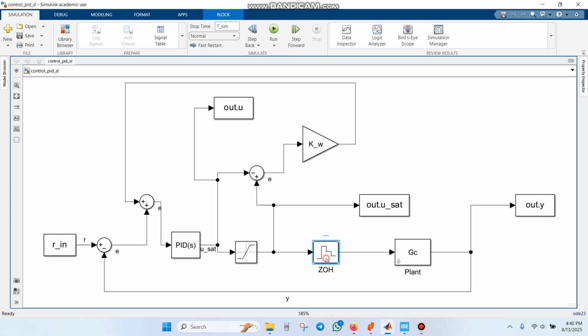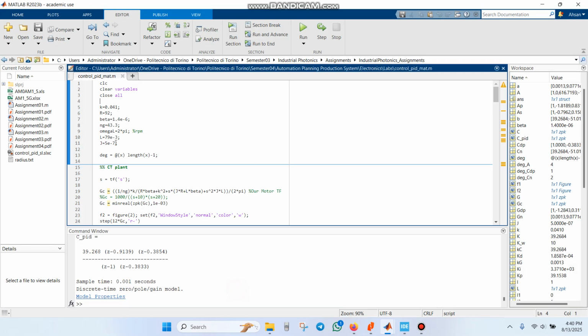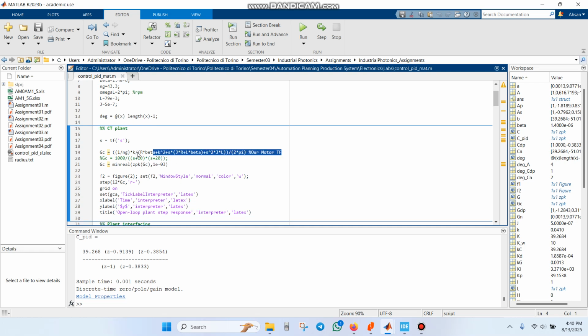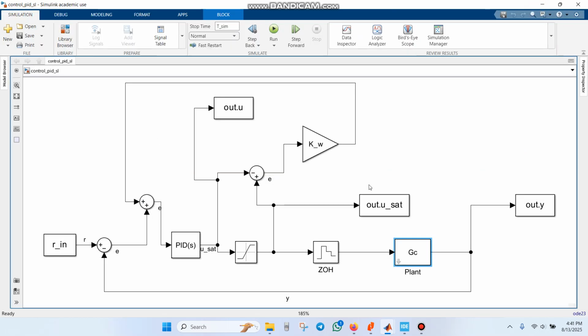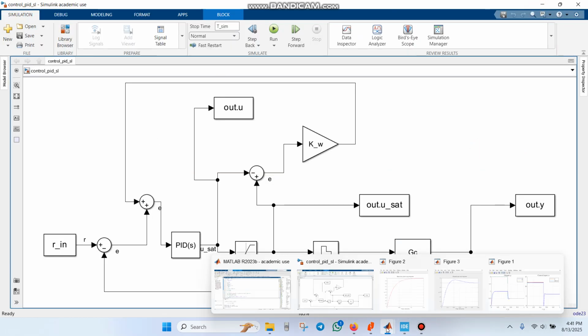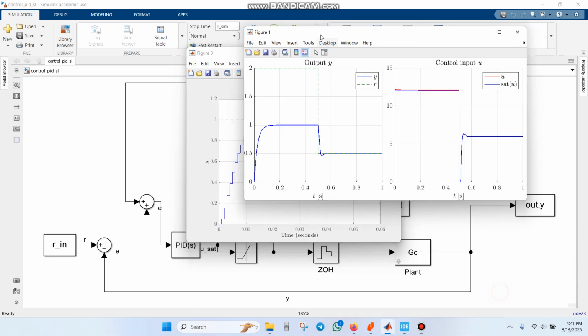and we simply convert it into the analog with a zero order hold, and finally we have the plant GC, which is given in MATLAB right here. This is the transfer function of the motor itself, and these parameters are taken from the datasheet of the motor itself, right? So if I run this, I already have run this, so to cut short on time,